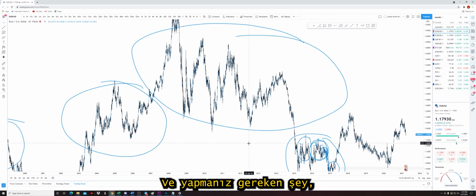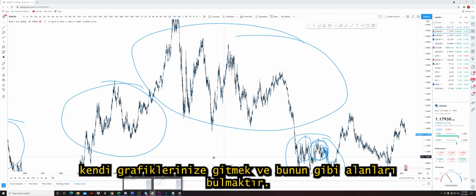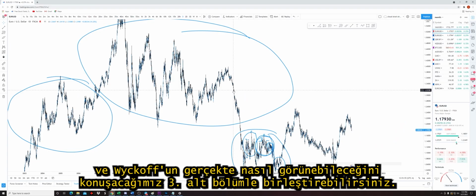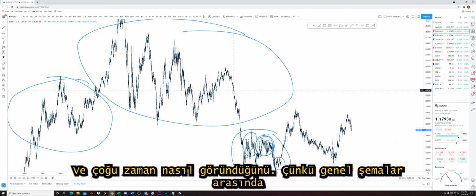And what you need to do after you've taken notes on this and understood that, is go into your own charts and find areas like this. Now, again, you can partner that with subsection 3, where we will go over labels and how Wyckoff can actually look and most often looks like, because there are